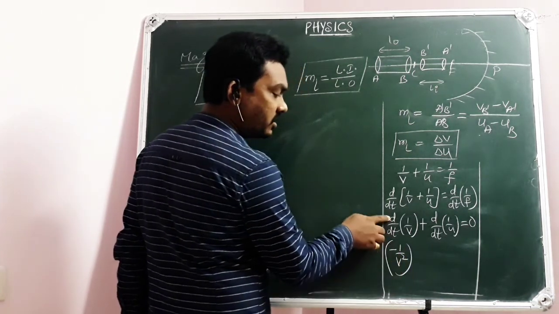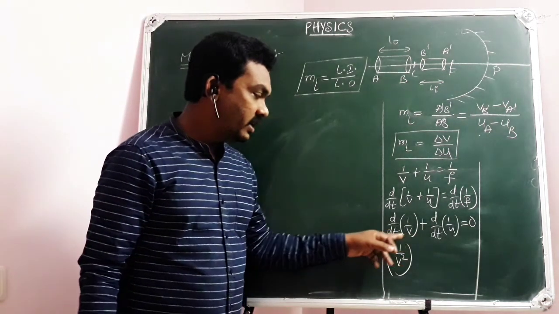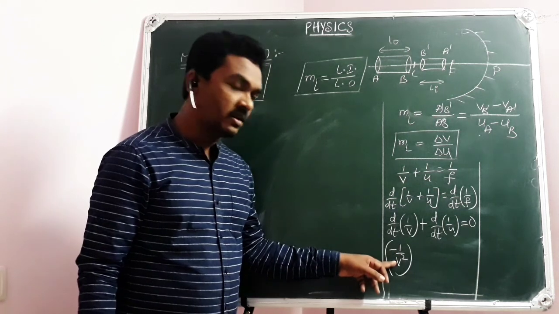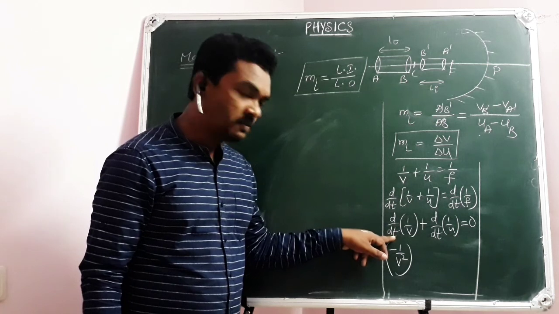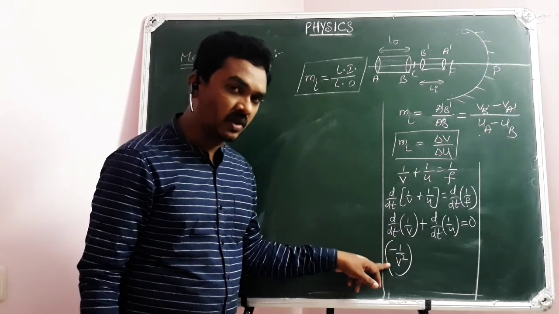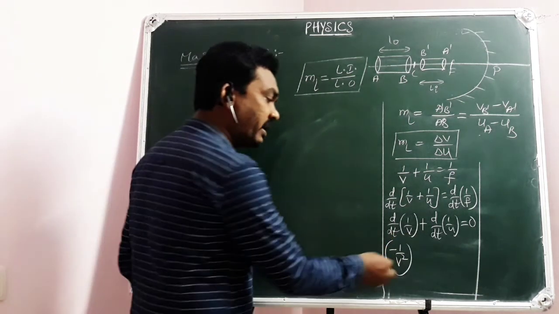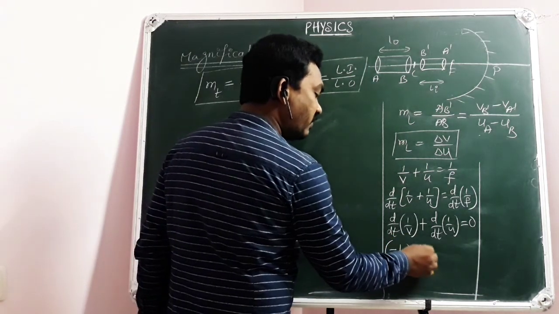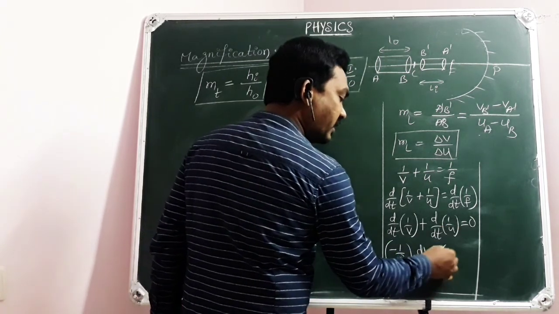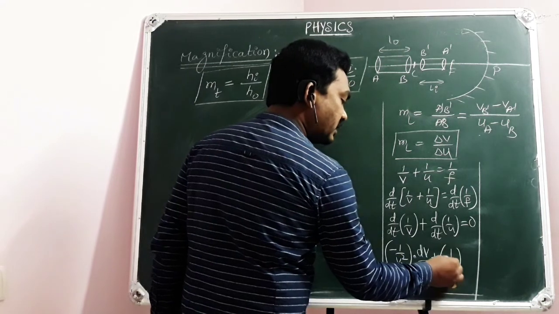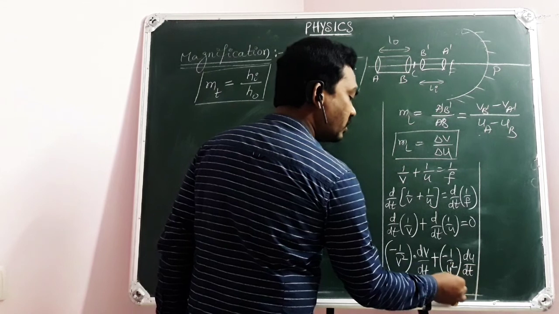But don't forget, it is not d/dx. I repeat, here 1/v, if it is dv, then it is minus 1/v square. But you are not differentiating with respect to v. If you were, your answer would be minus 1/v square only. But since v is differentiated with respect to t, in addition to minus 1/v square, there is dv/dt. Similarly, 1/u gives minus 1/u square, and as it is with respect to time, an additional du/dt, equal to 0.